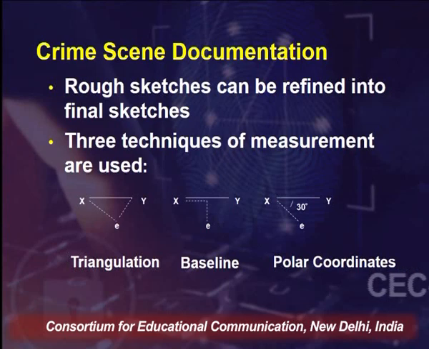For outdoor crime scenes, when we are using the polar coordinate method, we should identify a certain object from where the particular measurements will be taken. The third important thing of documentation, after photography and sketching, is note making. Note taking at the scene must be a constant activity, and it should include the whole scene. The investigating officer dealing with the scene should have a detailed written description of the scene with the location of the items of